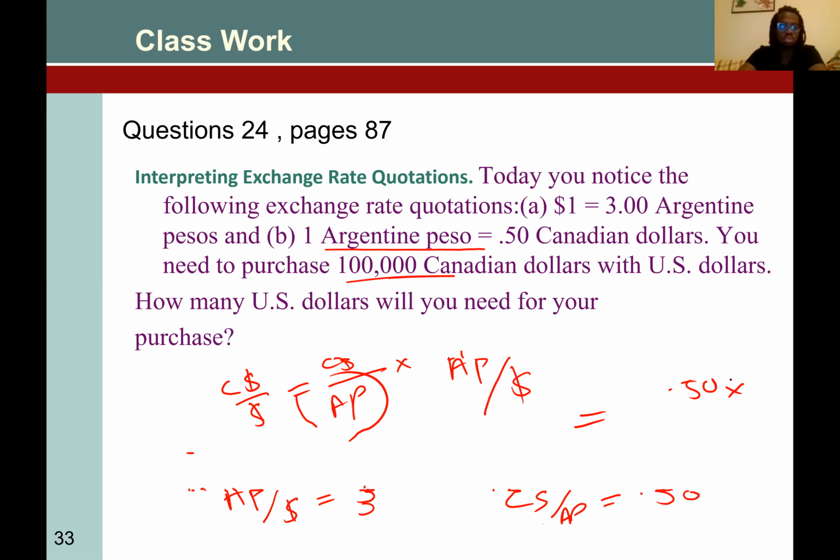And do we have AP over dollar? It is 1, it is 3. Answer would be 3 multiplied by 0.5. It is 1.5. And how many Canadian dollars are going to be converted into dollars? So